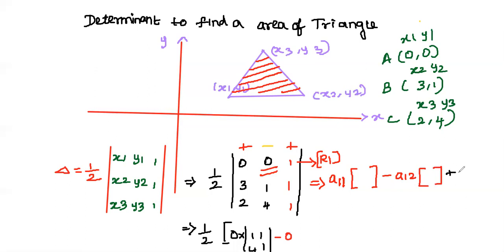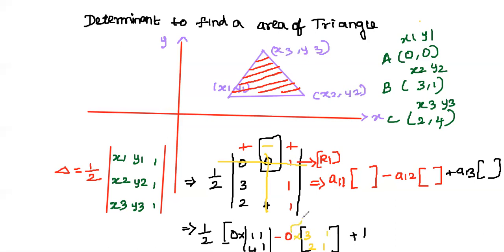And then you have to write A13 and then its minor. So A13 is 1, and I'll write its minor of the A12, and this is A12. For finding its minor, you have to cut its corresponding row and corresponding column. We are left with 3, 1, 2, 1. Just write it without changing its order. But here also you are multiplying this minor by 0 only. So you'll be obtaining the result as 0. So you don't have to solve this, but you have to give the steps. You'll be getting marks for the steps. So you need to write the steps.